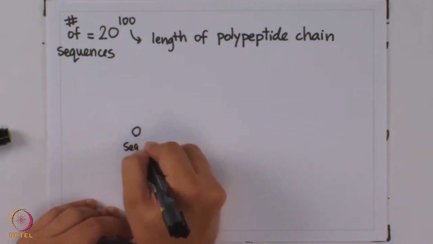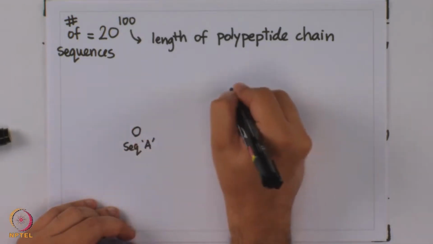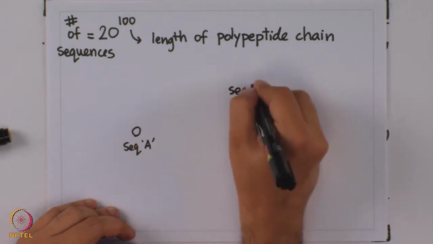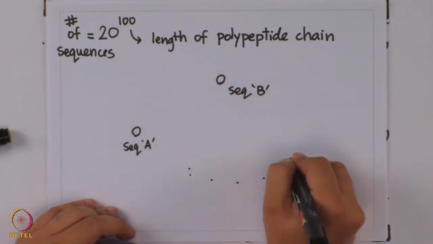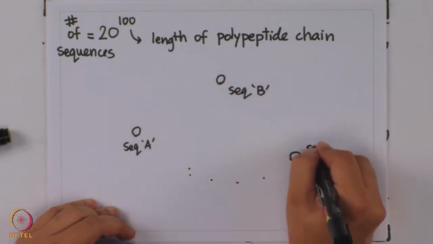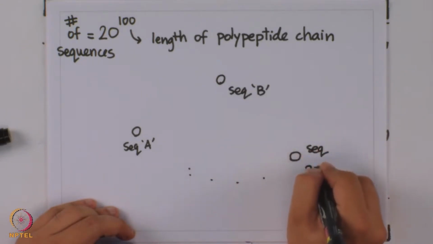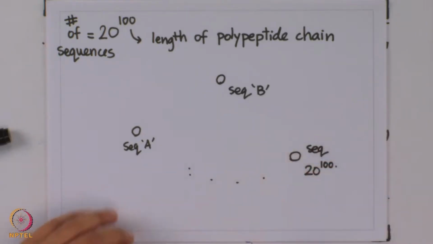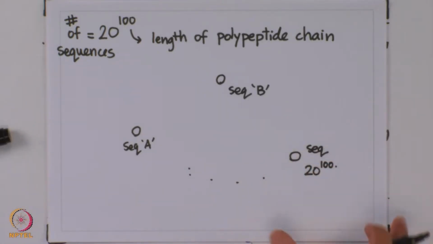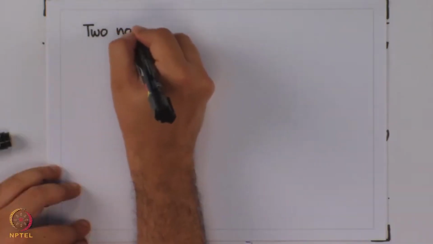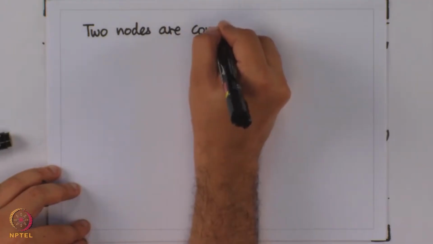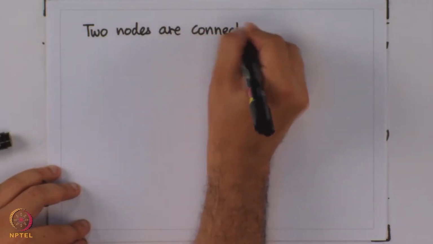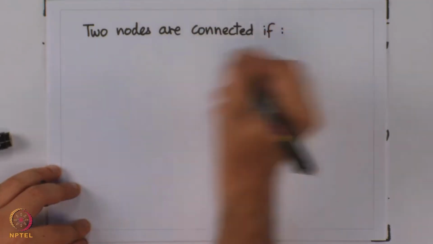This is sequence A, this is sequence B, and so on and so forth, going all the way up to sequence number 20 to the power 100. And the rule for connecting nodes remains the same as the one in DNA, that when we are talking of protein sequence spaces, two nodes are connected if